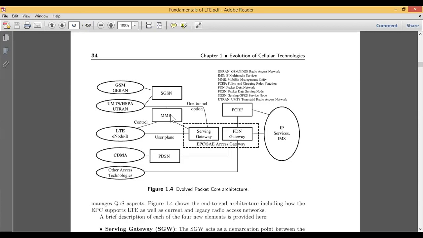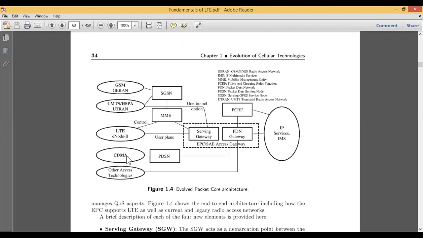Okay, this LTE has the MME, which will have control over this particular eNode B. And this dotted box is nothing but a gateway. In the gateway we have two types of services. One is the serving gateway, and another is called the PDN gateway, packet data network gateway. If you want to transmit anything, either data or voice or SMS, it has to go through this particular gateway only, right? So at the last it will be assigned the IP addresses or IP services, and then it will transmit.